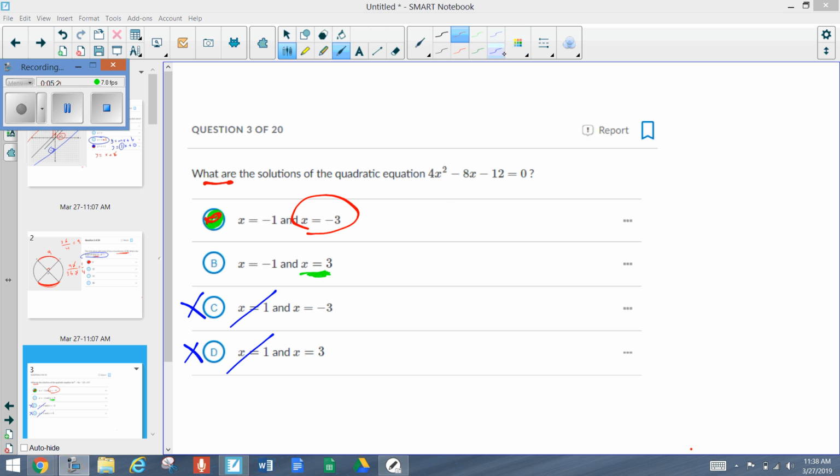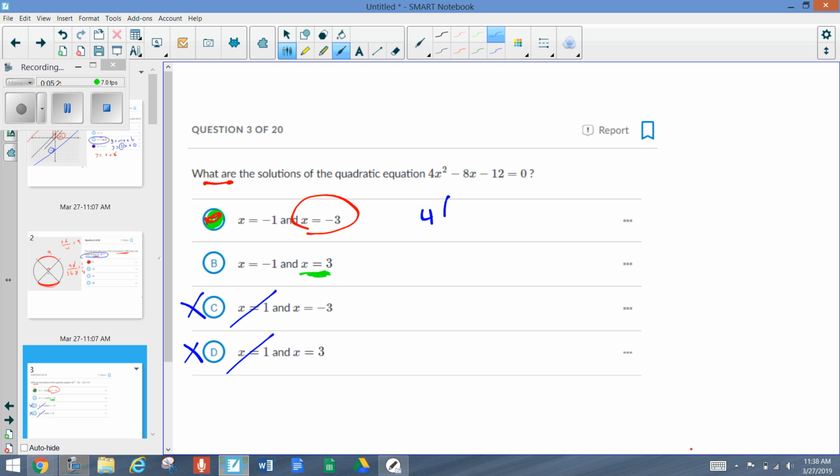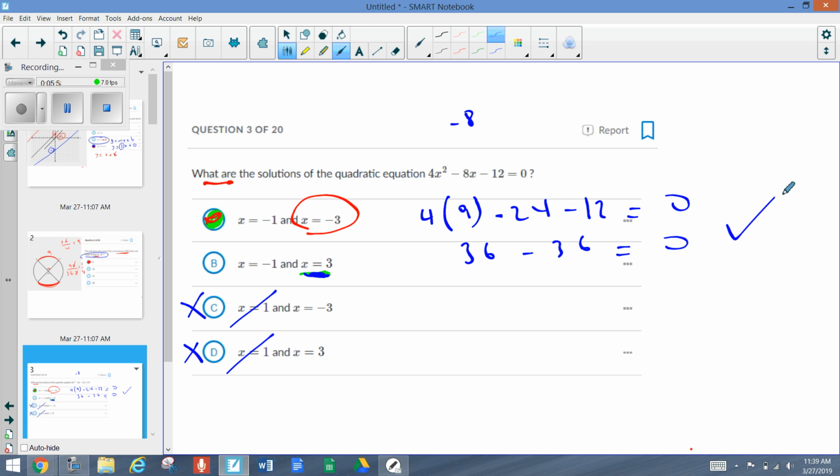We cover it. 4 times negative 3. We're trying negative 3 or positive. Let's try 3 again. Probably made a mistake here. 3 squared is equal to 9. So negative 8 times x. X equals 3. Right? 3 times negative 8. So 36 minus 36 is equal to 0. We got it. That means the answer is